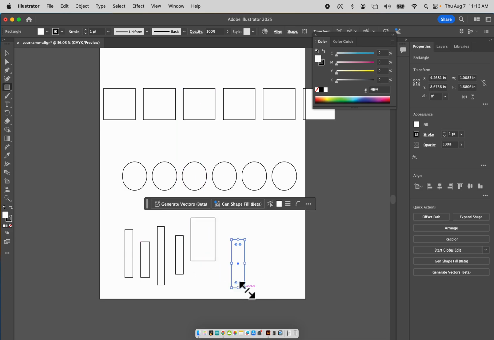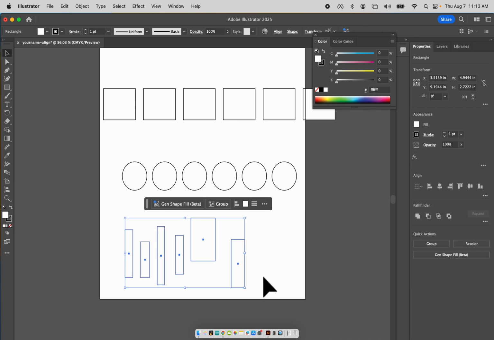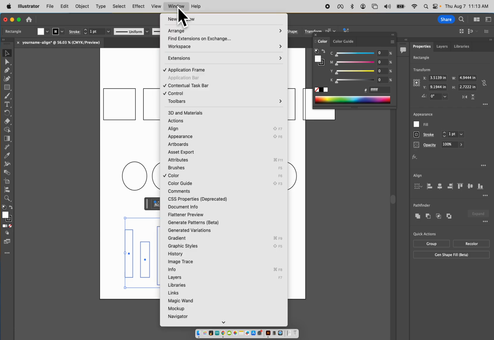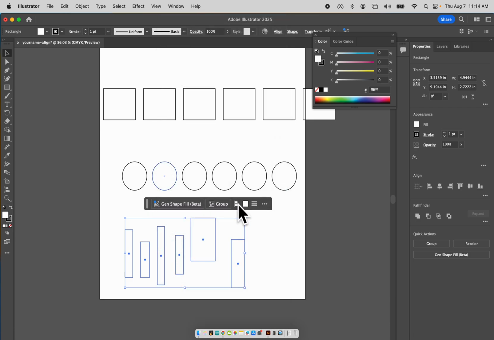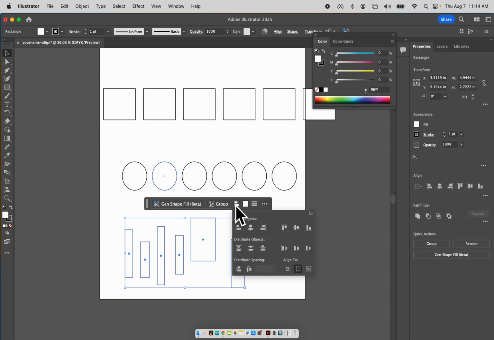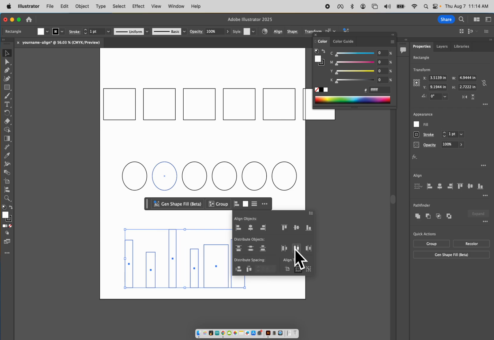they're close together, I can take all of these, I can select them. This time I'm going to use this down here, which if you do not see it, is the contextual taskbar. Make sure it's turned on. And you can see here's the align icon, and I can now tell them all to align to the bottom. You can see they're all aligned, and I can distribute the objects so that they are all centered